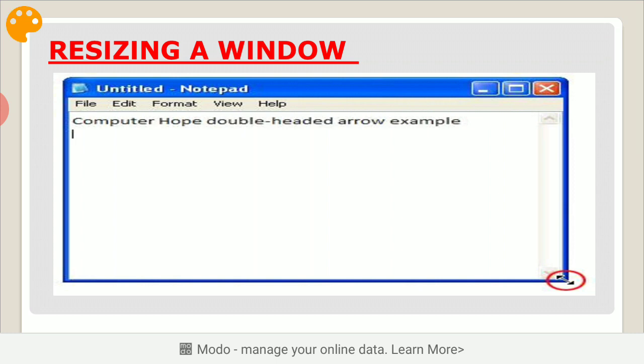But how? Yes, place the mouse pointer over a border of the window you want to resize. Okay, drag the mouse pointer until the window displays the size you want.